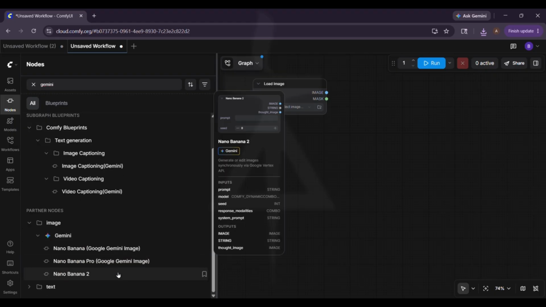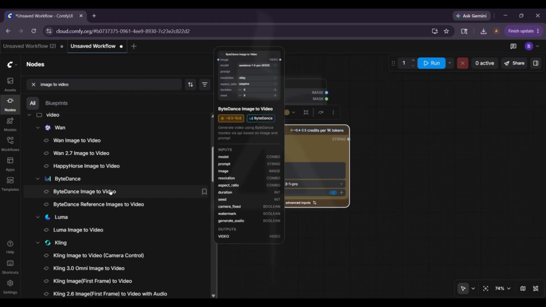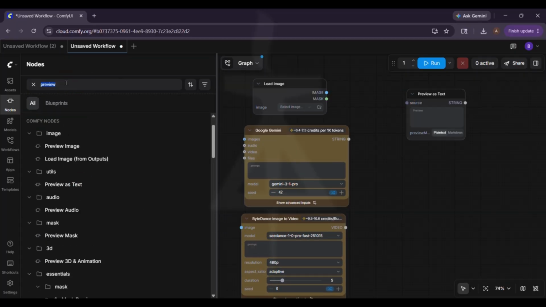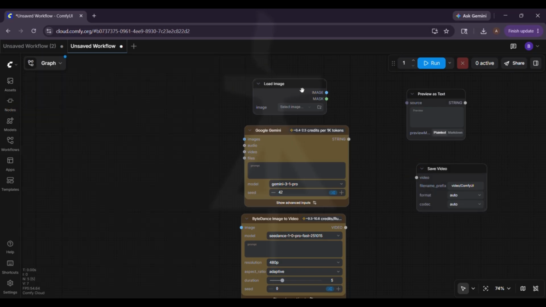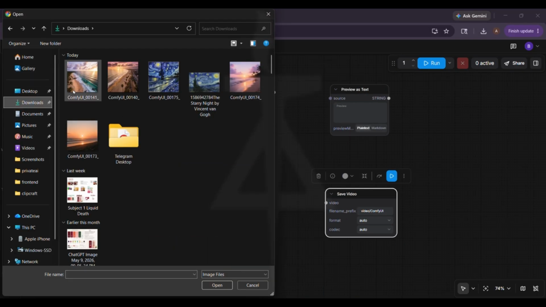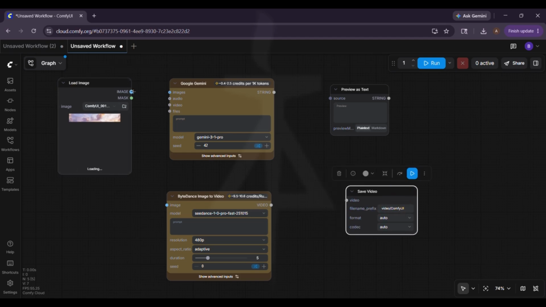Similarly, next let's test out creating a video out of an image. So we'll have these nodes right here, that is the load image, Google Gemini, reference image to video, and preview as text, as well as save video. So I'll bring everything on this canvas. We'll organize everything now, and then we'll simply connect this. So in the load image, let's load our image first. We'll use the same AI generated image of the bees that we had earlier,